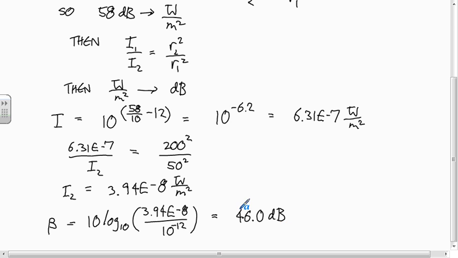And so you can see from the answer why it wouldn't work to do the intensity distance relationship in decibels. In watts per meter squared, we had a factor of 16 difference between the two, but in decibels, the difference was only from 58 to 46. That's not a factor of 16. It's not even a factor of 2. So you have to first go to watts per meter squared and then convert. Any questions about that?